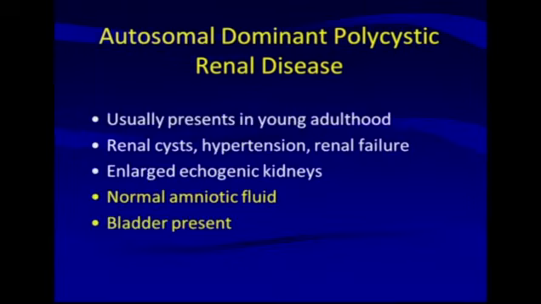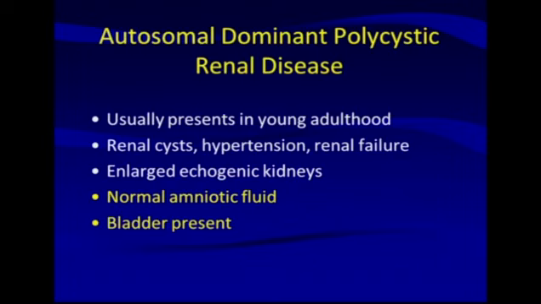Autosomal dominant polycystic renal disease, we usually think of this as a disease of young adulthood, and the patients present with cysts, hypertension, and sometimes renal failure. But occasionally, you can see manifestations of this disease prenatally on fetal ultrasound. And like autosomal recessive polycystic renal disease,